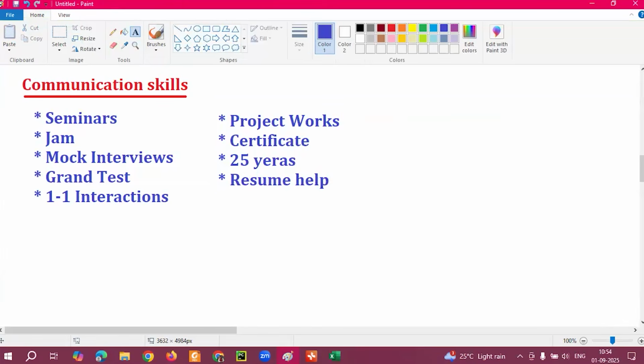Up to interviews, we can help you, guys. But at interview time, it depends on how well you learned the subject. If you apply and prove yourself, you will get the job. If you didn't prove it, jobs won't come, right? This is our training process, guys. So all the things I'm going to take care of, guys.